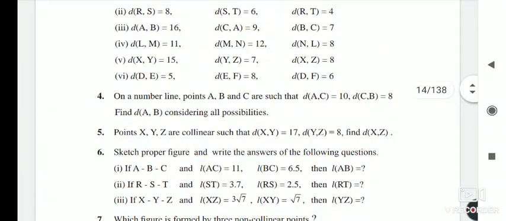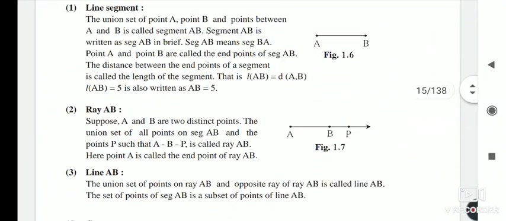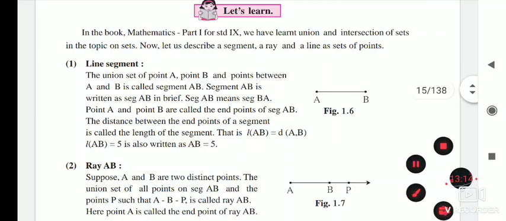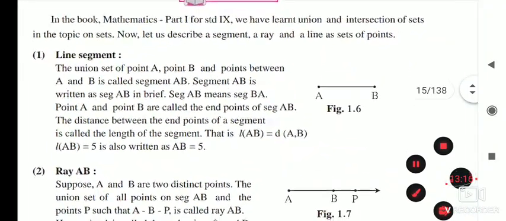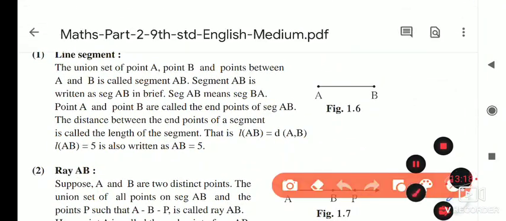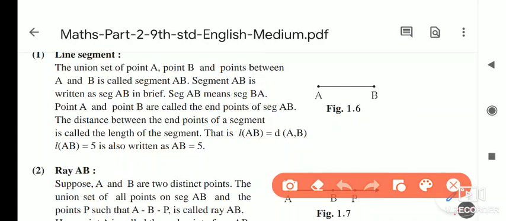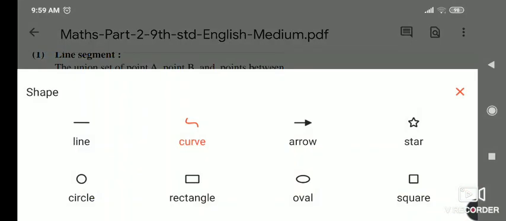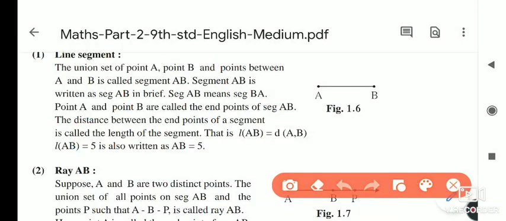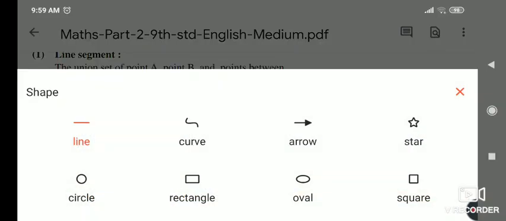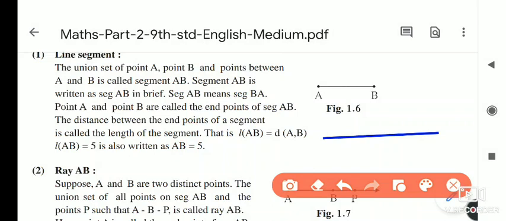Now here is the exercise that you have to solve. Many students have solved it. Now here we will learn some more things. I just told you, when we say that this is a segment, if it has end points, then we say that this is a segment. So suppose this is my segment, and here it is PQ, and segment PQ means it has a particular distance.